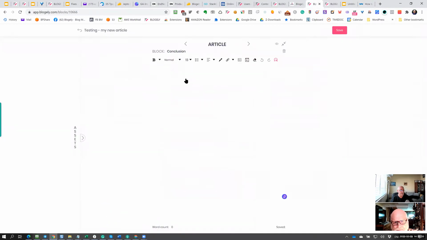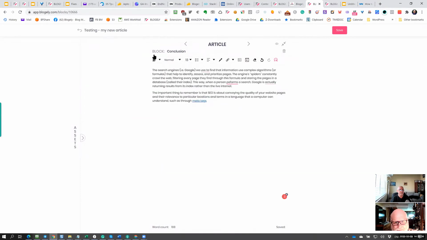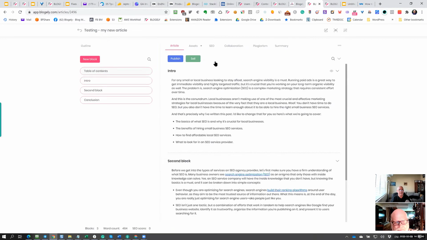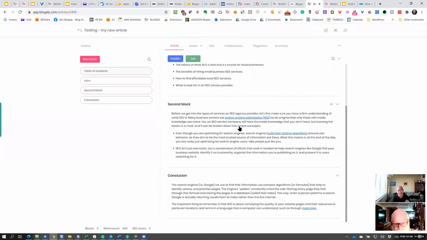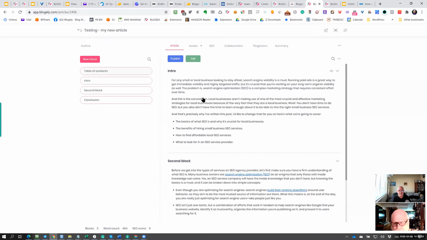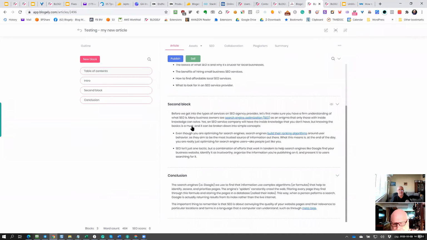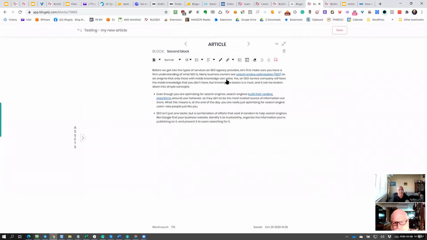I'm going back in the same article. Let me save it, and now I can go back, and I've got 3 blocks. So basically you get the concept. You create a block and you dive into this block and start typing or creating your content. Now on a high level, I can click here, get into any block I want, and modify it, tweak it, change it and enhance it with other stuff.